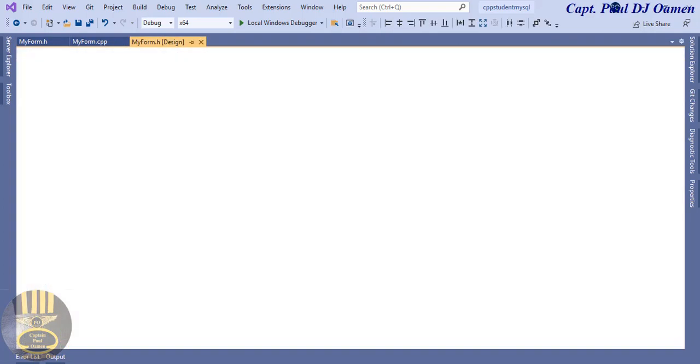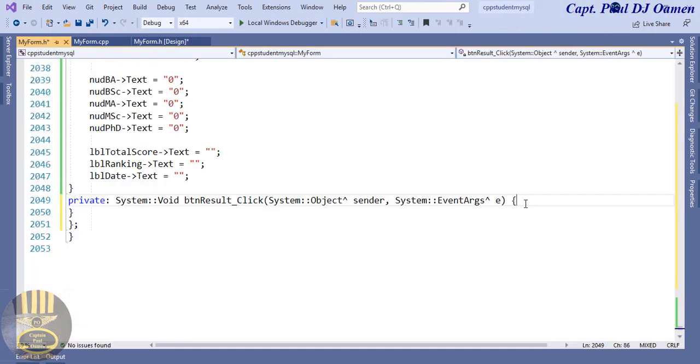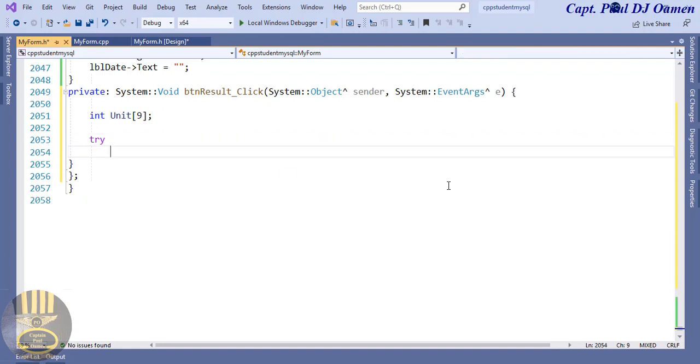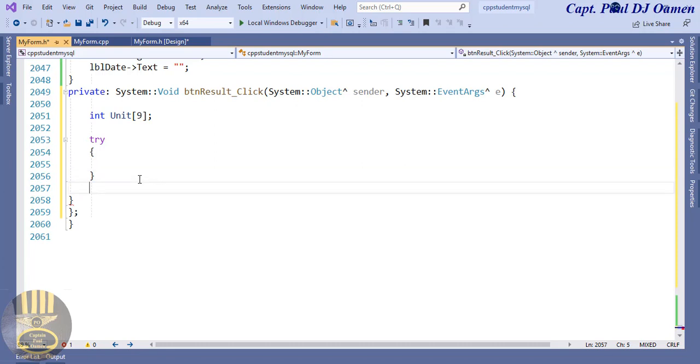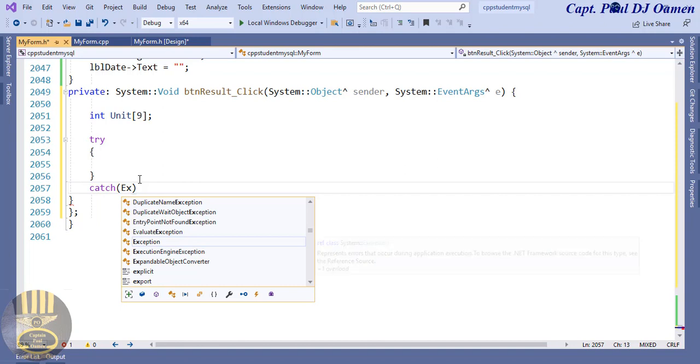So let's come in here now. With the calculation, we double click on the result. And I am going to declare an array in there. So the array, the data type is int, and I'll just call it unit 9. Alright, the very first array always starts from 0, but let's use try catch here just in case we run into any problem. And right underneath, let's say catch exception